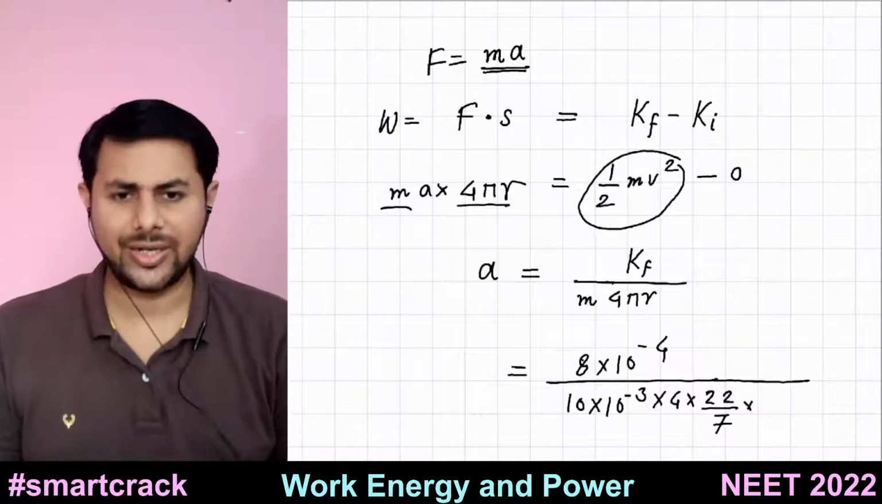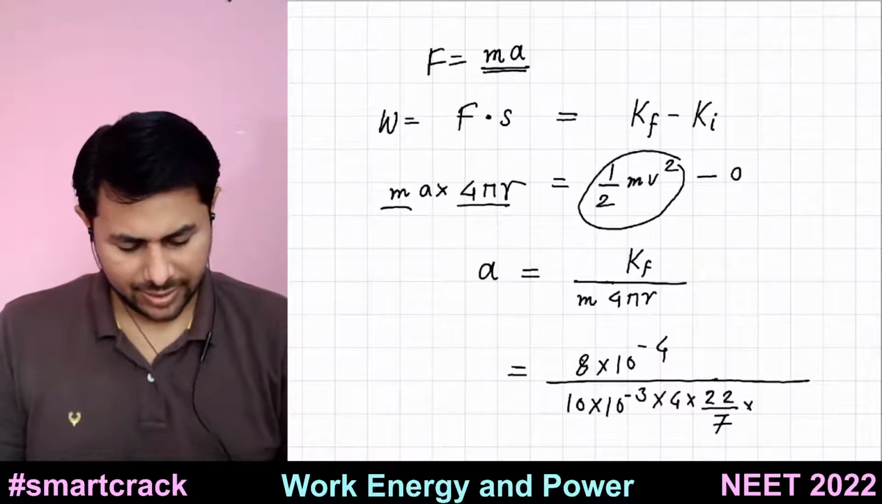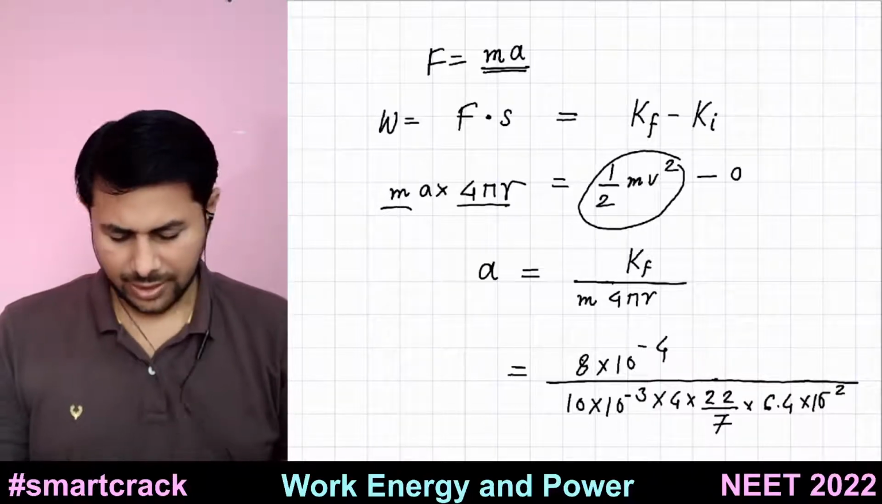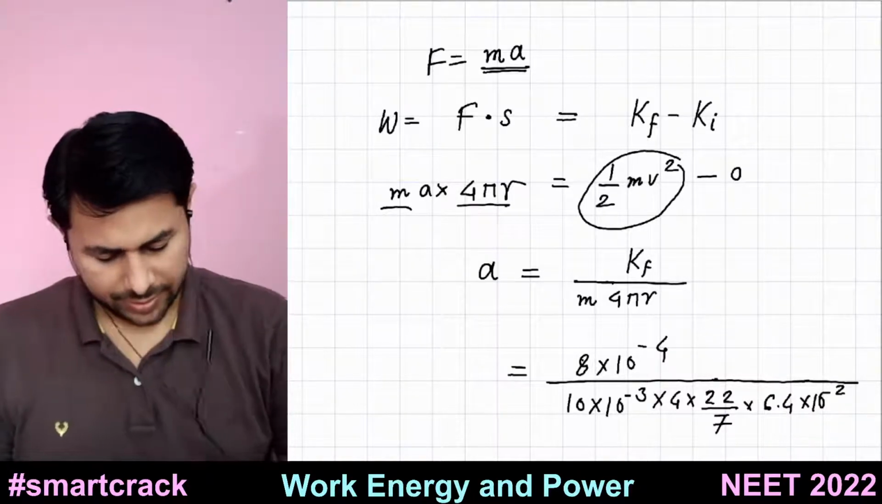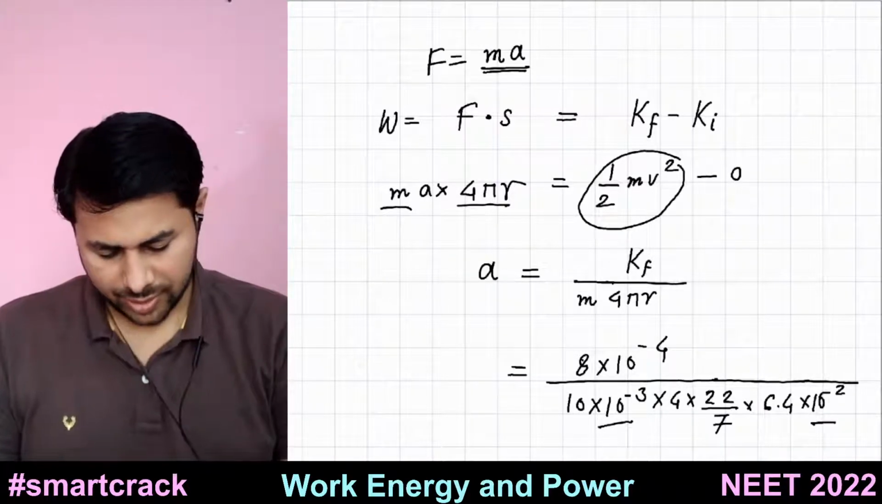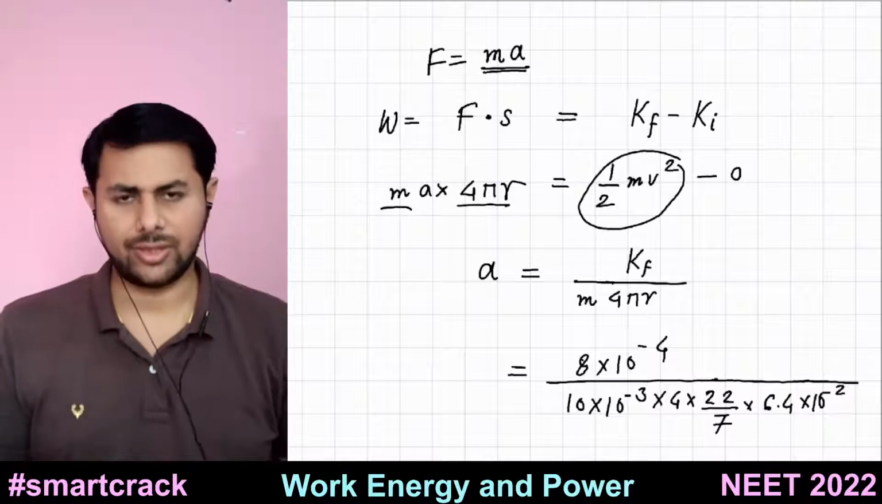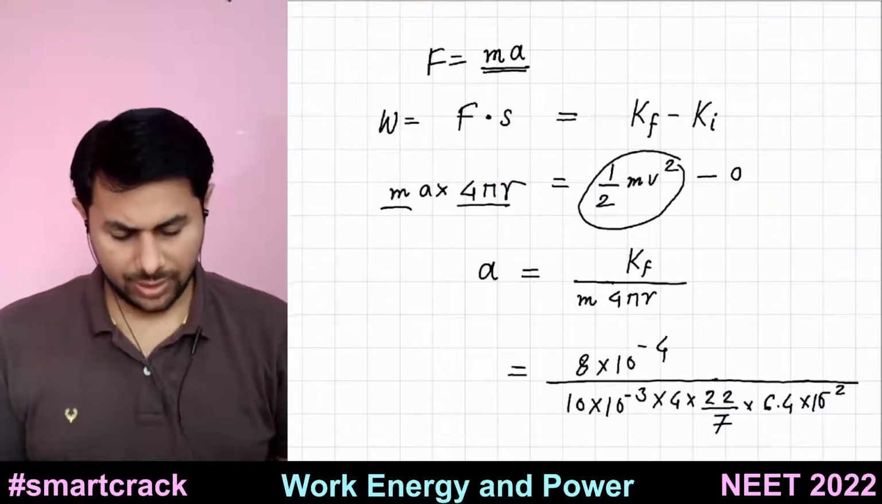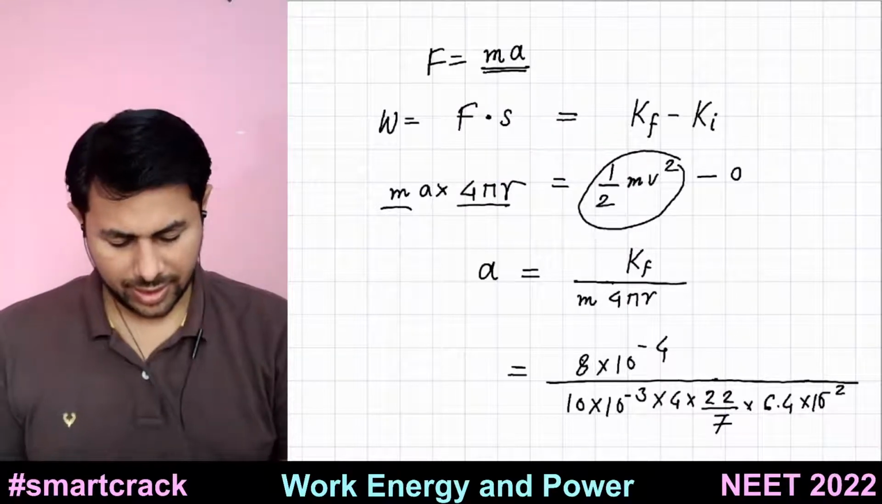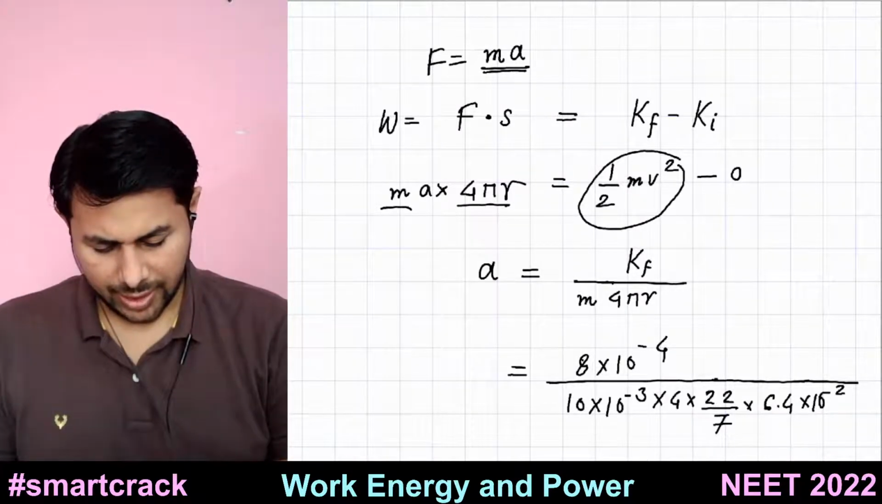Multiplied by, we have radius 6.4, right? So 6.4 into 10 raised to minus 2 in meters. So this 10 raised to minus 3 and 10 raised to minus 2 becomes 10 raised to minus 5. If we take it in the numerator, it becomes 10 raised to plus 5. So 10 raised to plus 5 minus 4 is 10. So we have